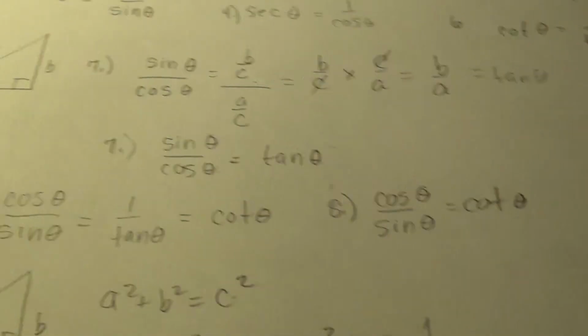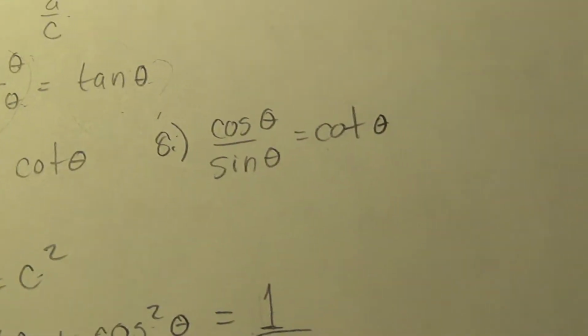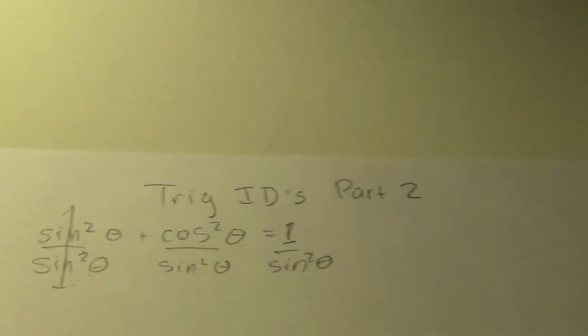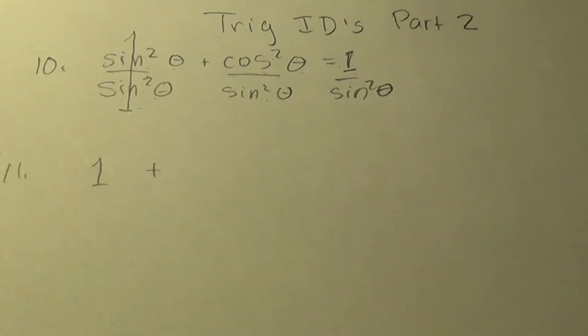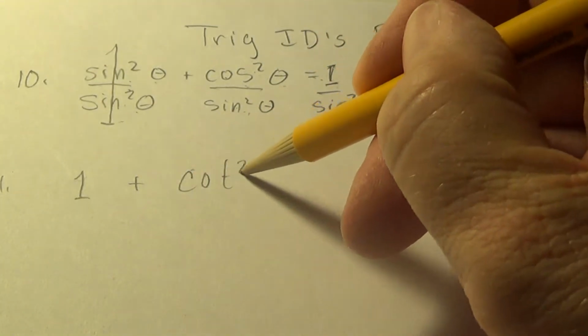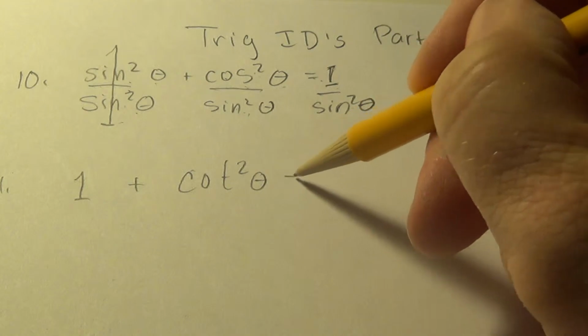So sine over cosine is tangent, and cosine over sine, like the one we have but not exactly, is cotangent. So therefore, back on the screen again, cosine squared over sine squared is cotangent squared theta equals,